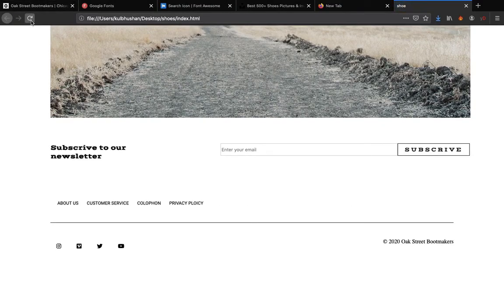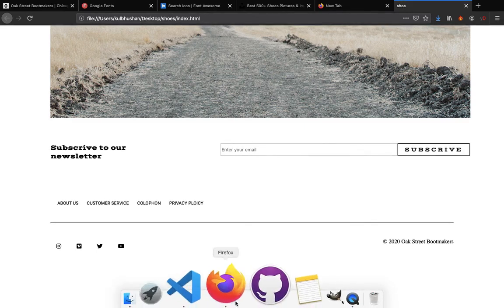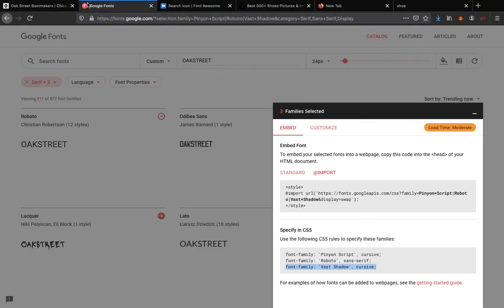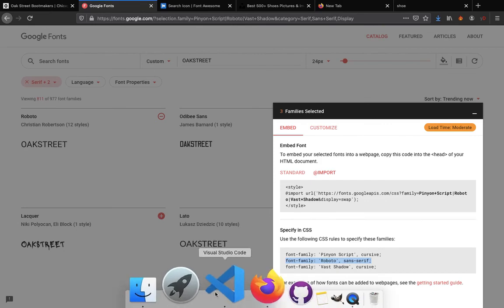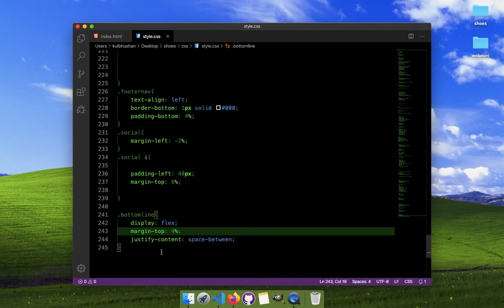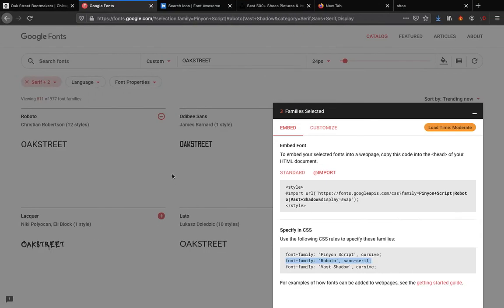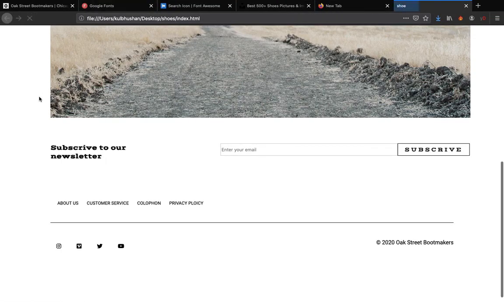The website is done. Now I think this font is not looking good. We can change this font, and let's come over here. We will copy this Roboto font, and we'll give this to this particular element, that is bottom line. Let's see if that works or not. Maybe this will affect the Font Awesome, but it should not. The website is done. Few things are looking ugly, but